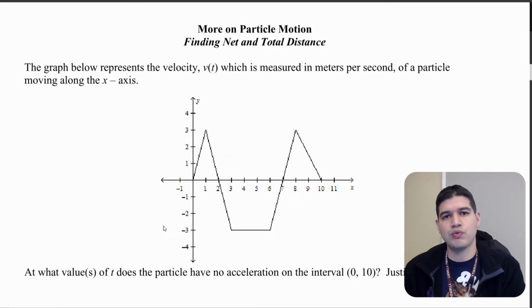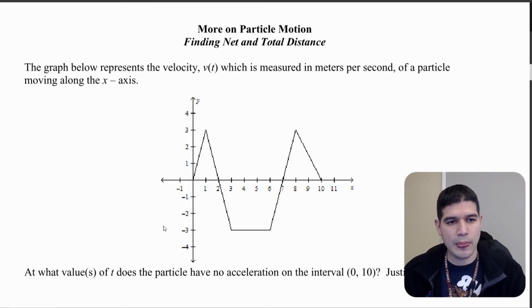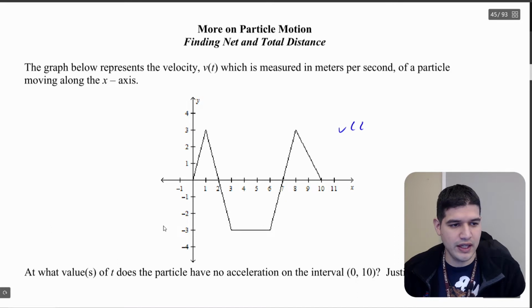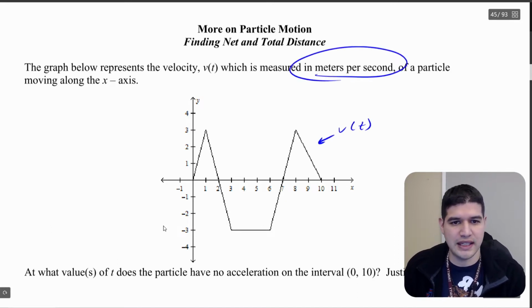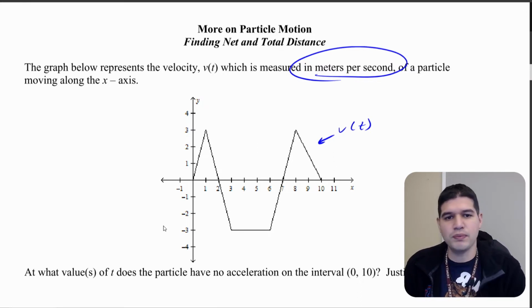So right here in this video, we're going to be doing a review of what we learned in our last lesson about acceleration and velocity. In this graph, we're given v of t. So let's go ahead and label this as v of t. And we know it's measured in meters per second. This is the velocity of some sort of particle moving along the